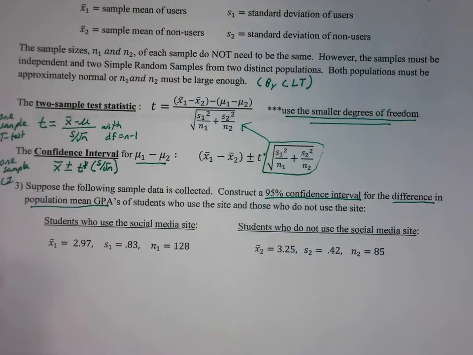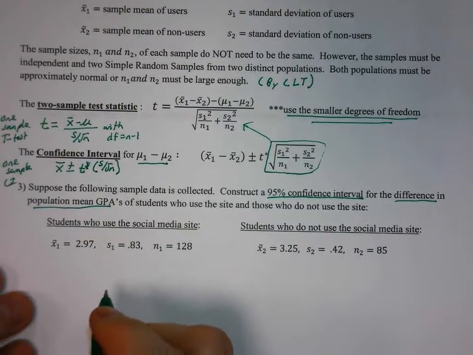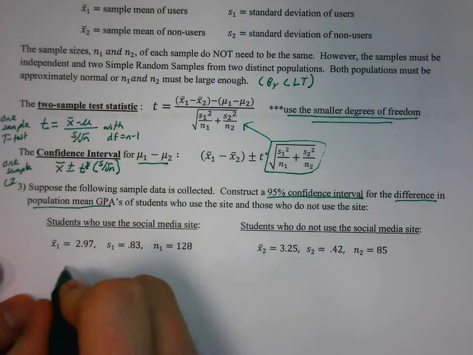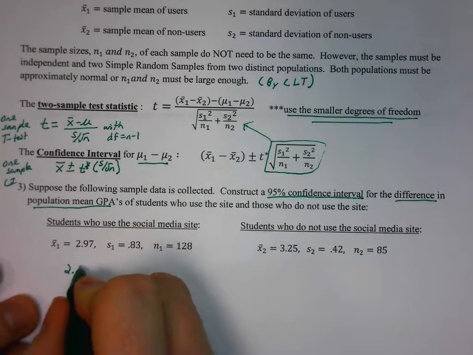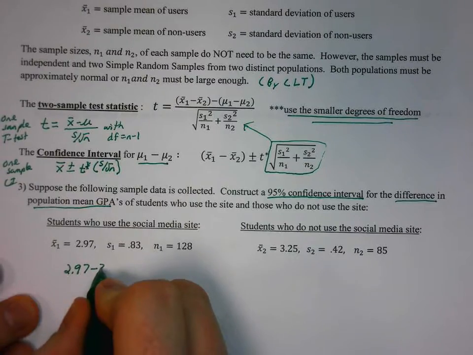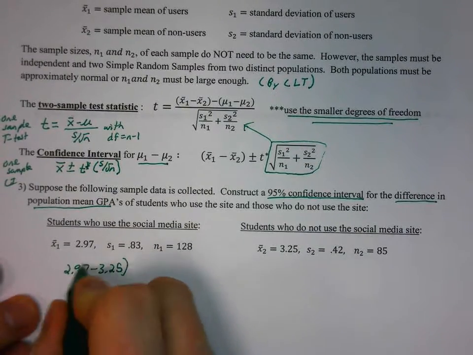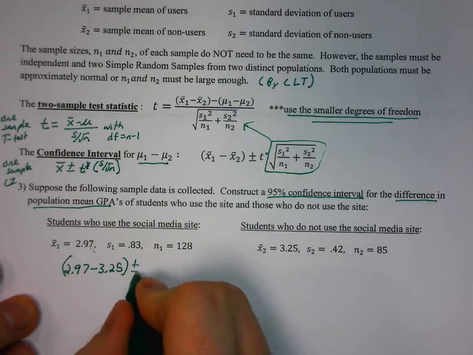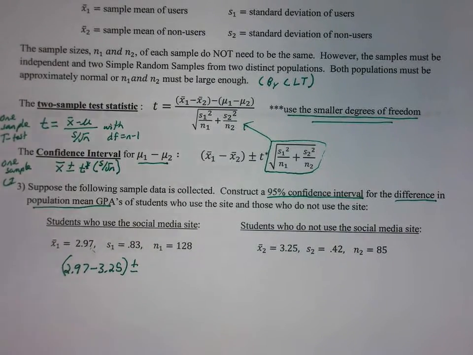Okay, so what we do, we take the x bar 1 minus x bar 2, so we can look at substituting those values in. 2.97 minus 3.25. Okay, so that's x bar 1 minus x bar 2, plus or minus our t star. Well, t star, we have